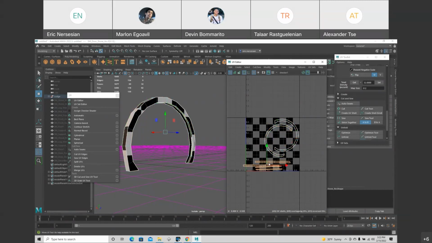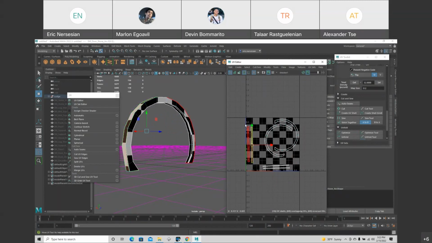Then I'll take these and just throw them down here. So now we want to really get the space as best as we can. I look at the hero pieces, the parts that are really important, to get as much texture space as possible. That's the big top parts of these for me anyway.